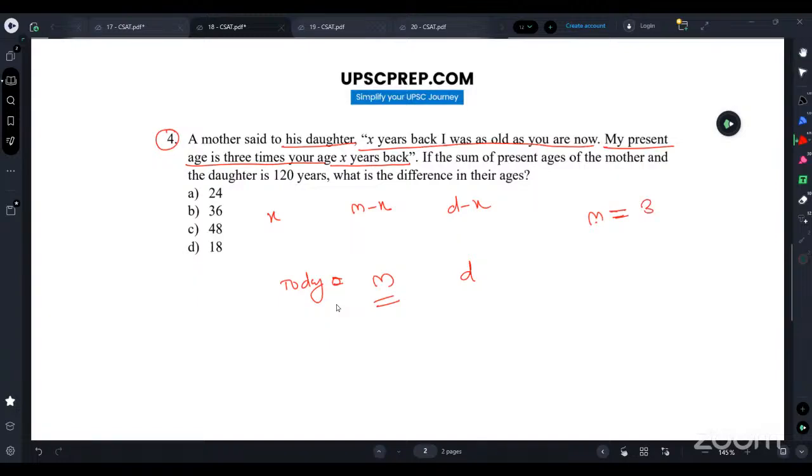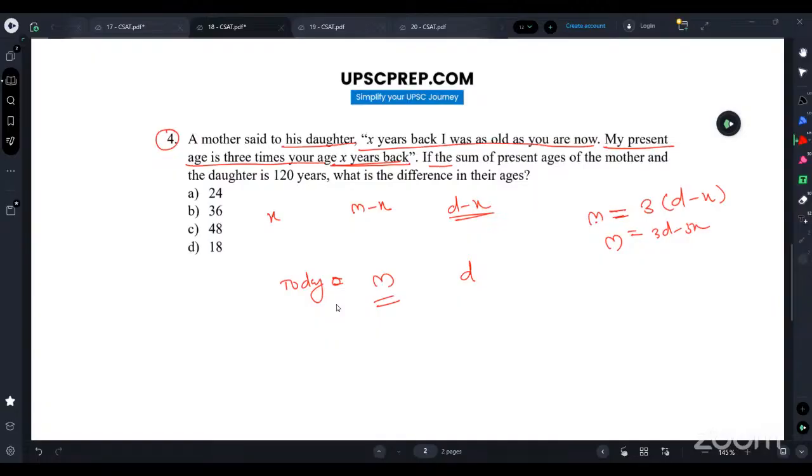That is 3 times your daughter's age x years back. So what was the daughter's age x years back? It will be D minus X. So M is equal to 3 into D minus X. So that will be 3D minus 3X, right? Then after that,